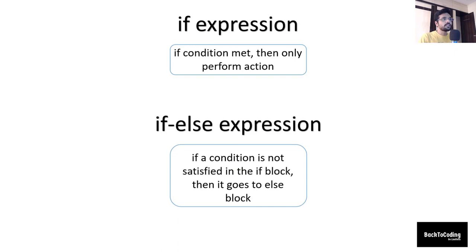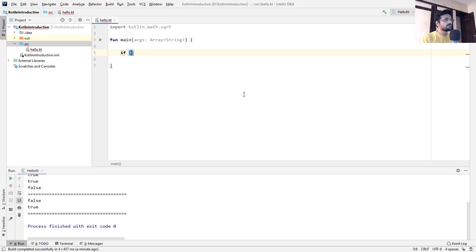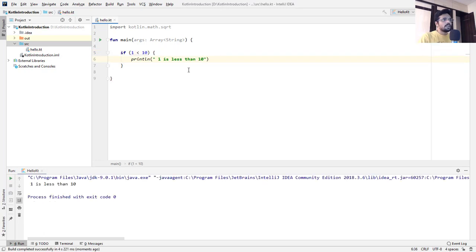Now let's move to our next topic, that is the if expression. The if expression is the very basic form of expression to control the flow of a program. It goes like, if a condition is met, then only perform certain things. For example, here it will print 1 is less than 10.